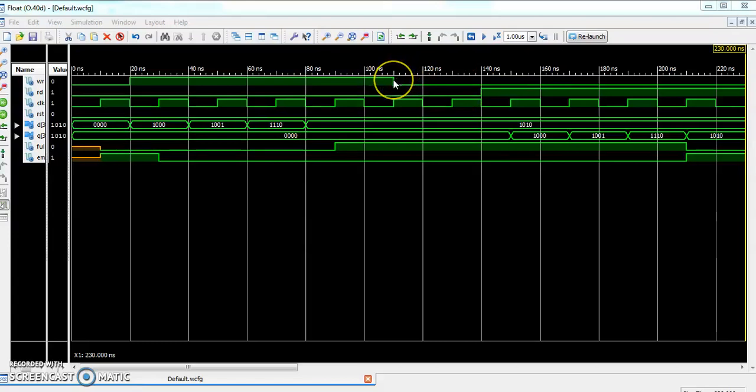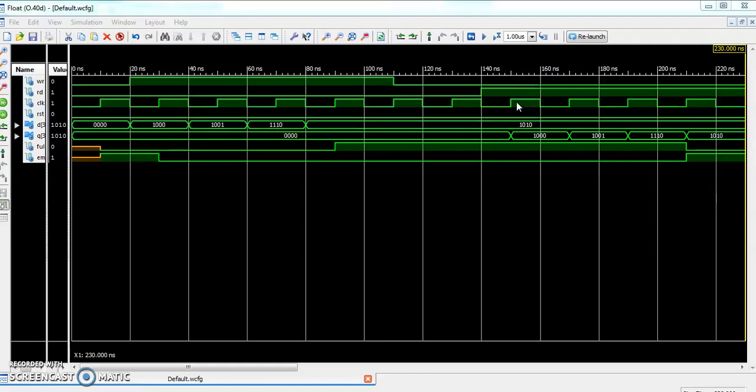After 100 nanoseconds we have made write equal to 0, which means we are ready to read. Now after 140 nanoseconds we have made RD equal to 1, which means after this point at the rising edge of the clock we will have